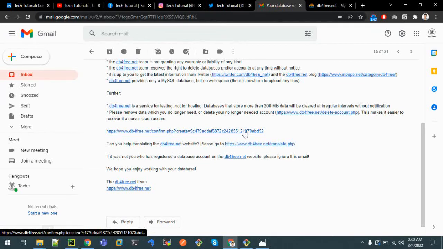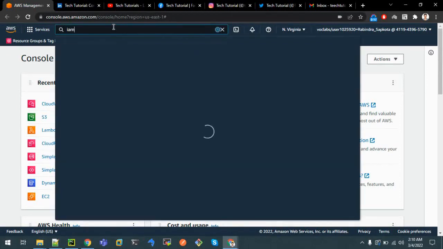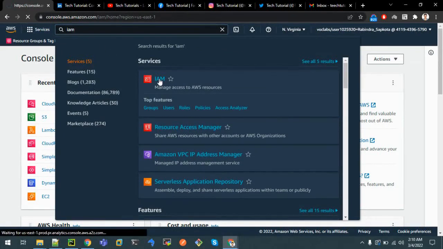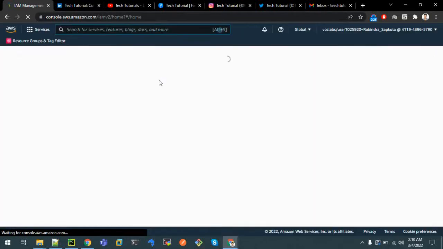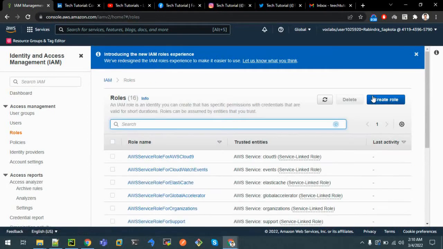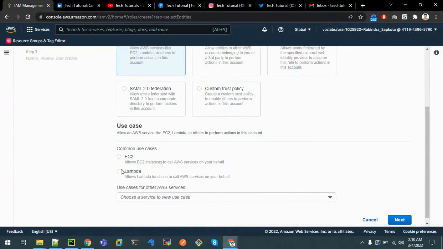For now, let us go to CloudFormation and deploy the resources that we had created using the CloudFormation code. Before deploying our resources with CloudFormation, we have to create an IAM role for the Lambda. For that, go to services and click on IAM. It will bring up the dashboard. So click on roles, click on create role. It is for the AWS service. Service name is Lambda